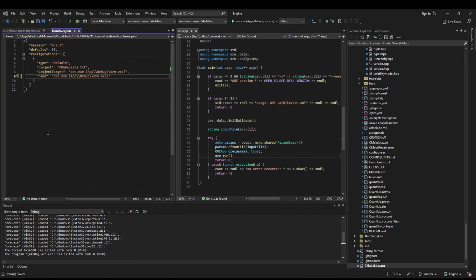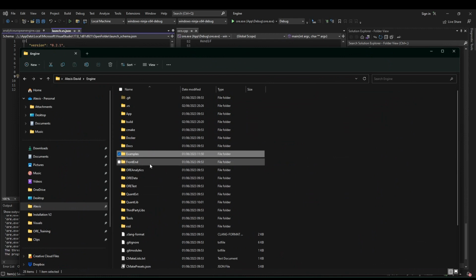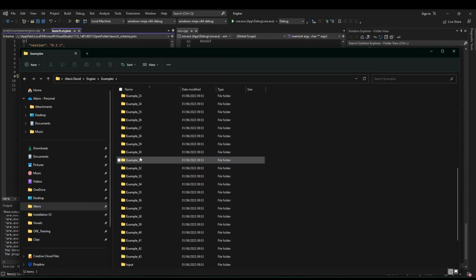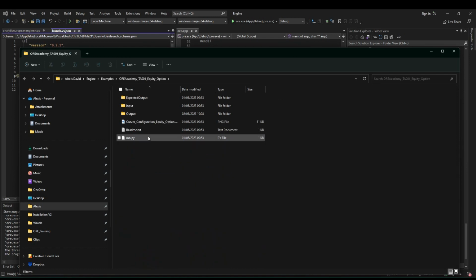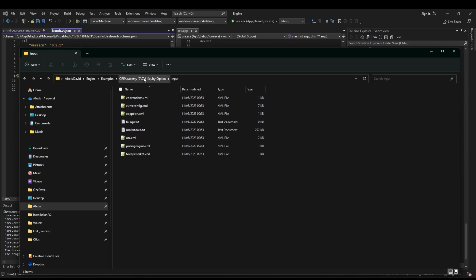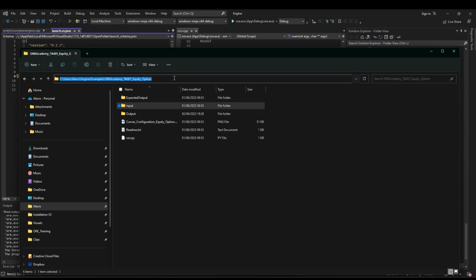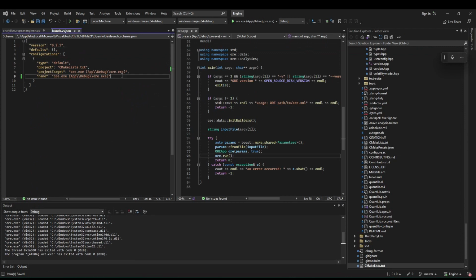The next thing you want to do is find the example that you want to run. So you go to your engine folder, look for Examples, and we're going to use one of the ORE examples shown in some of the videos with the equity option. And if you look here, you want to run the ore.xml file, but you want to run it from its parent folder. So you copy the path from here, go back to this file, and then quote current directory,